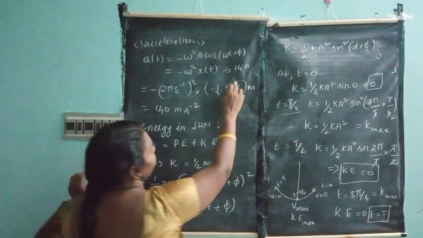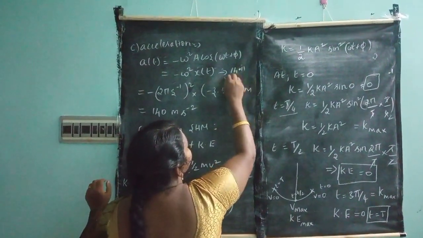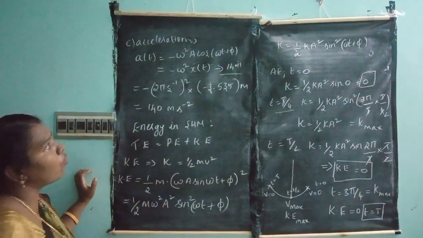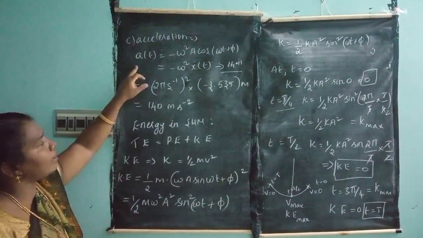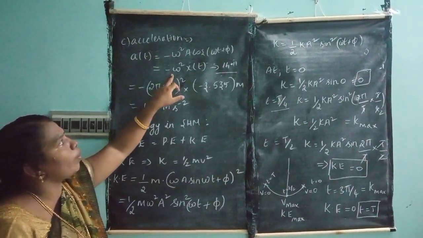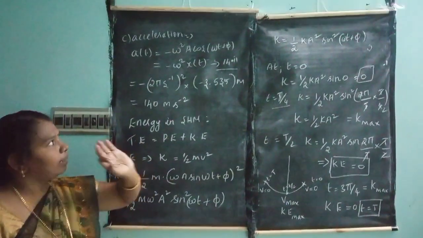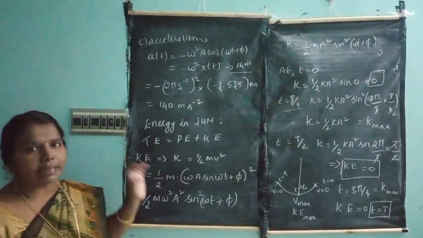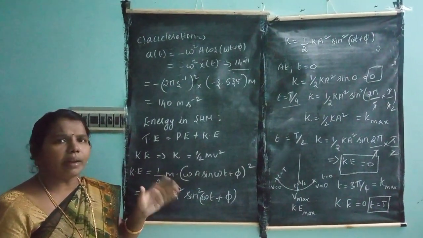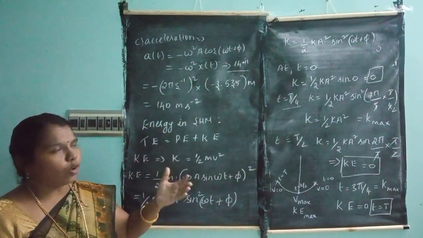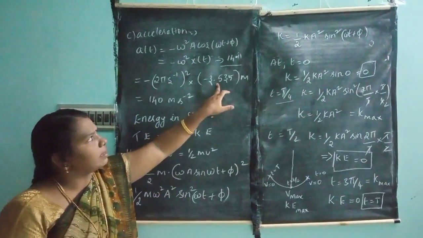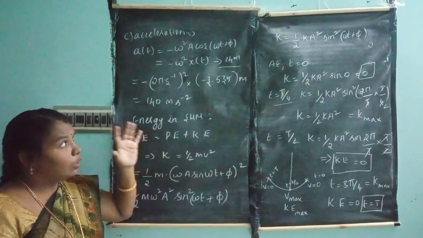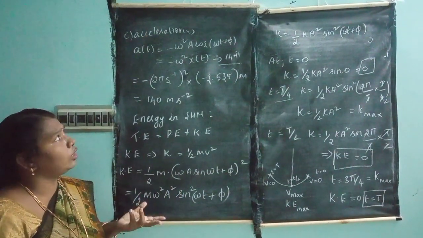This is in your book, where in previous sections you discussed it. The equation number is 14.11. That is, the acceleration formula is minus omega square x of t. Is it right? Yes. So from that we take this formula and use it in these equations. What are they given? They are given the displacement, which you already got. What is the value? That is minus 3.535 meter. You got that answer, is it? Yes. So from that, it is very easy to find the acceleration.